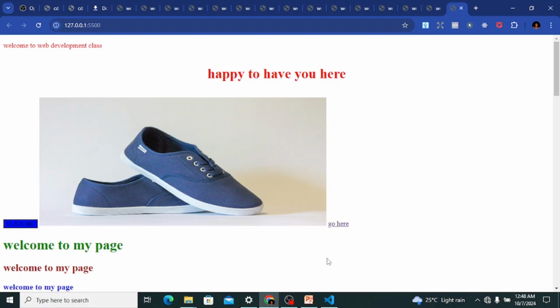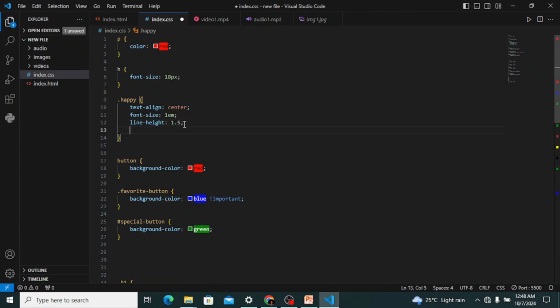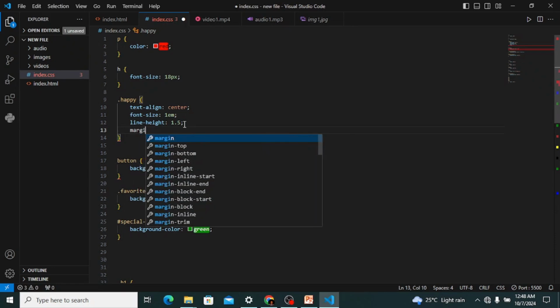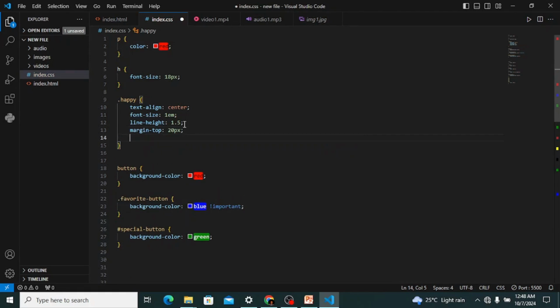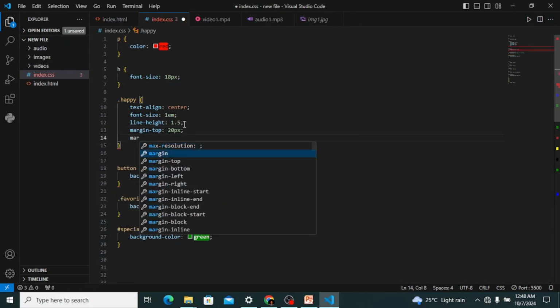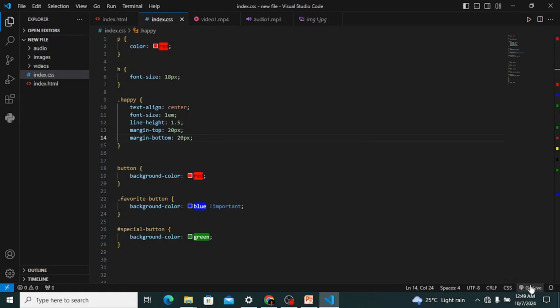Now let's particularize that. Let's go back to our code and let's say we give this a margin top of 20 pixels, and we also give it a margin bottom of 20 pixels. Now what does it do? This would help us to create a very clean layout by ensuring that elements are not too close together,